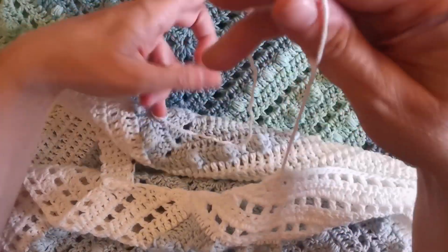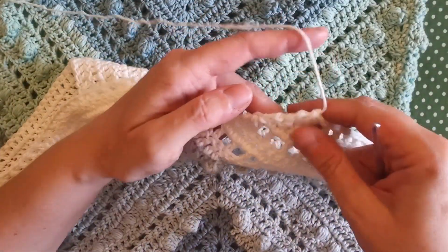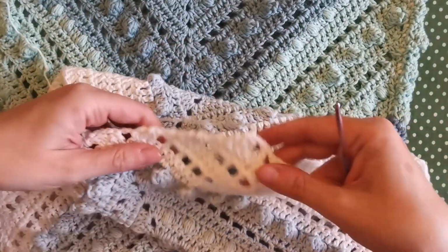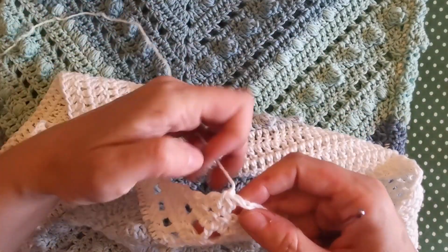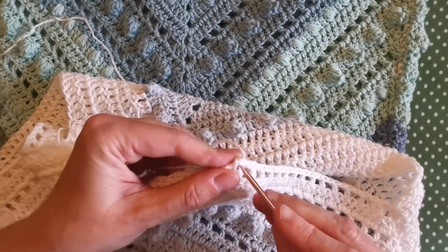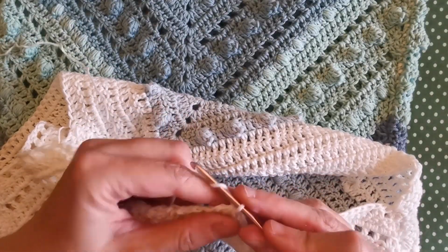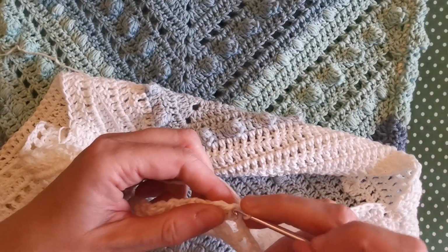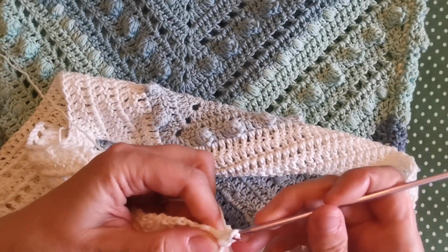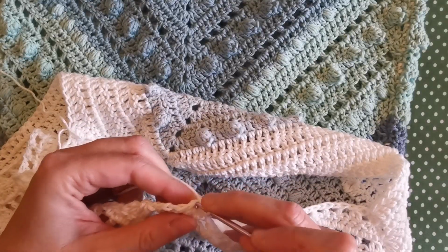So here I had some yarn tail left from my decrease rounds here, so I attached my new yarn here on the side, so you know exactly where to start with your strap. So I insert the hook here on the corner right under the knot of my yarn, chain 1 and make a single crochet in the same space, and this is stitch number 1, and then I will make 3 more,